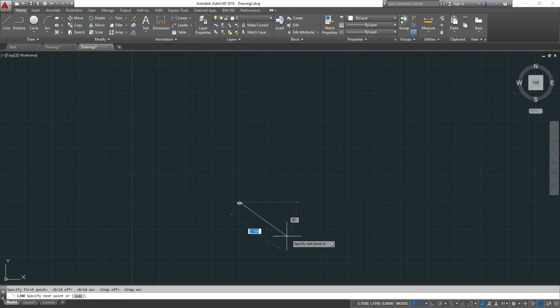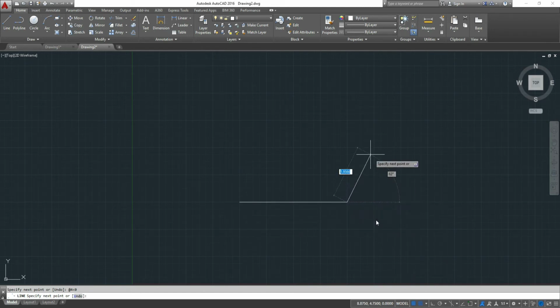So if I wanted to draw a line 4 units to the right, I would hold down the shift, press the number 2, and enter an @ symbol, 4, less than sign, at an angle 0, enter,